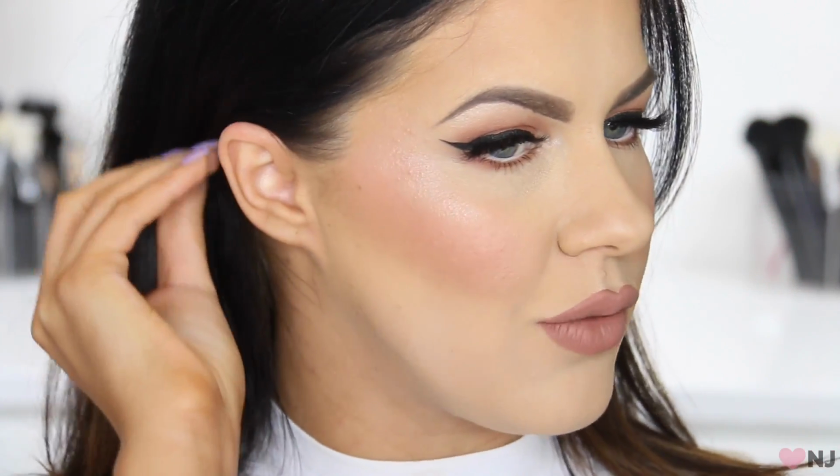My pores aren't enlarged at all. My skin's looking really healthy, glowy. It's still really full coverage, hasn't caked up at all. So far, no separating around my nose or in my smile lines or underneath my eyes. Looks really good. So what I'm going to do now is check back in a little while, probably about 6